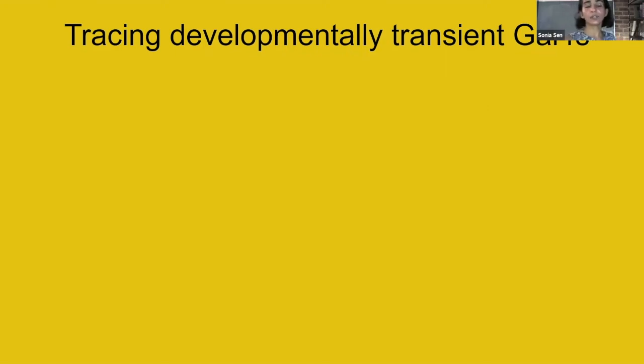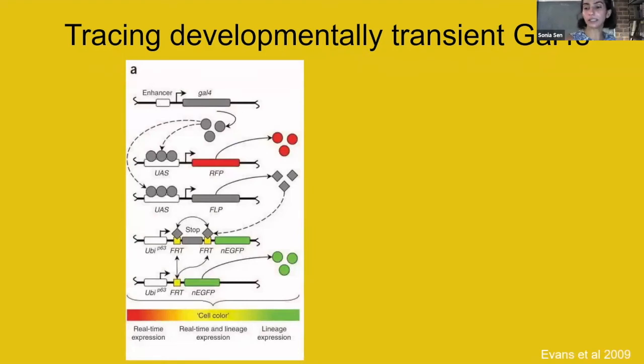Okay. So the other way that people have used this is to trace developmental expression patterns of GAL4 lines. One problem if you work with GAL4 lines is you look at it at a certain time point, but you don't know when it was expressed earlier. The GAL4 lines are known for being very transient and temperamental. So this was G-TRACE that was developed in Utpal Banerjee's lab, and it relies on, say, an enhancer GAL4 that